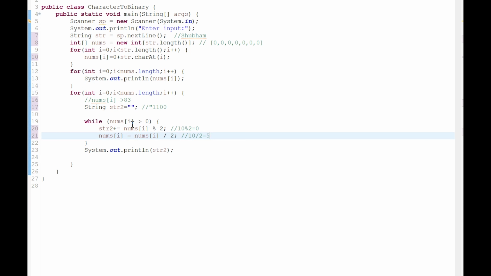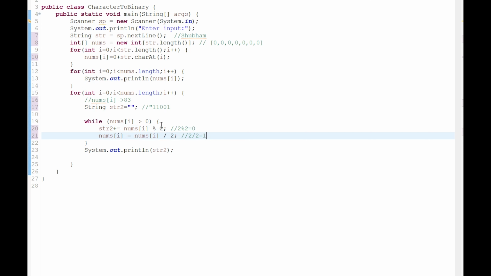The while loop checks again: 5 is greater than 0, yes, and 5 modulo 2 gives 1. Then 5 divided by 2 gives 2. Now 2 is greater than 0, yes, and 2 modulo 2 gives 0. 2 divided by 2 gives 1.